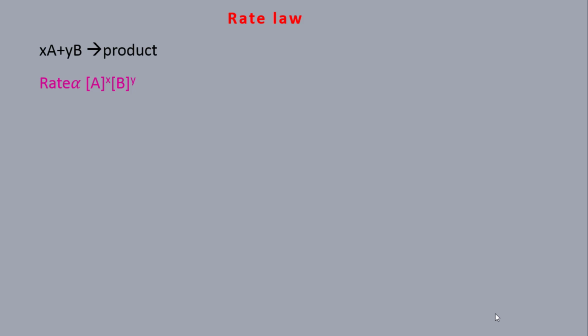So second order reaction. We know that water concentration is large excess. So K into H2O power 1 equal to K dash. So rate law written as rate equal to K dash into concentration of methyl acetate power 1. So N equal to 1. So first order reaction. This type of first order reaction is called as a pseudo first order reaction.